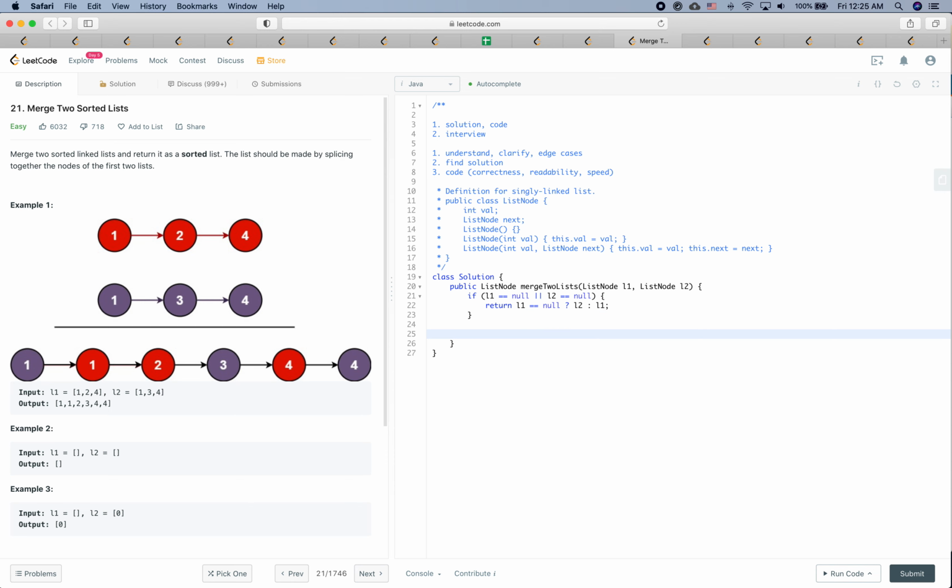Otherwise, we will define the header. So let's say ListNode head is a new ListNode. Then ListNode current is equal to head. We will just use L1 and L2 as pointers. So I would say, while L1 is not equal to a null pointer and L2 is not equal to a null pointer,